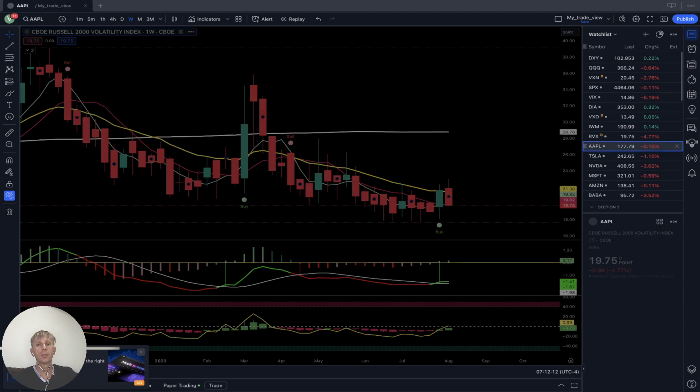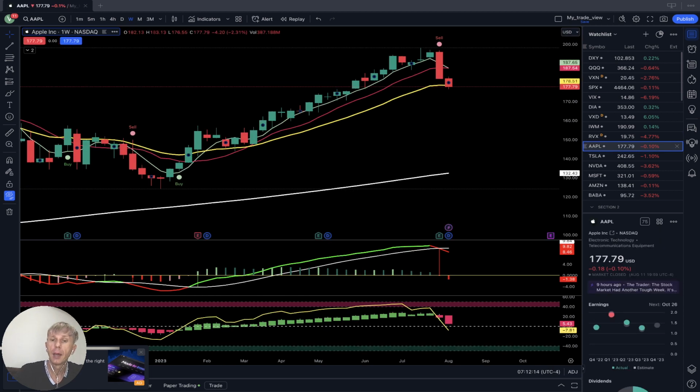Now let's move to Apple. Apple was so powerful, so bullish, right? Look at it. It was so powerful, so bullish. Bars were above MA5 for a very long time. It was a very powerful bull run since January. For 7-8 months it was a straight bull run without any correction. And suddenly from August